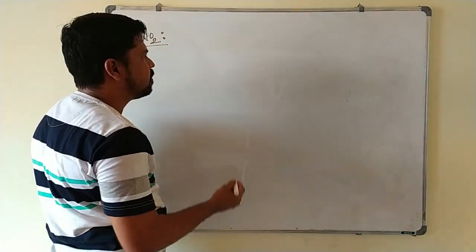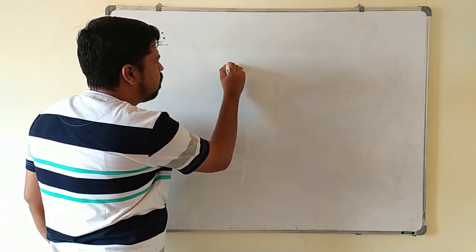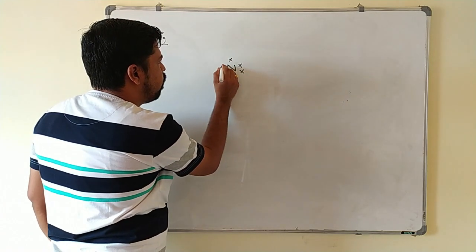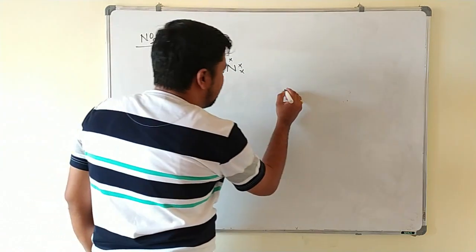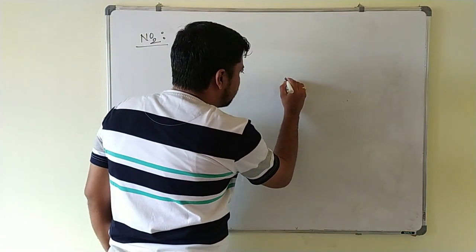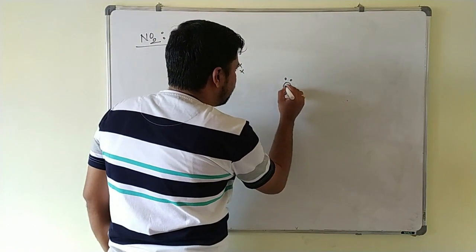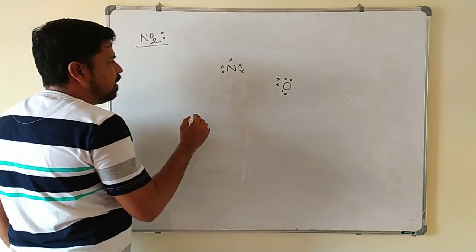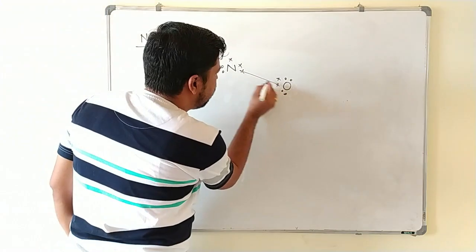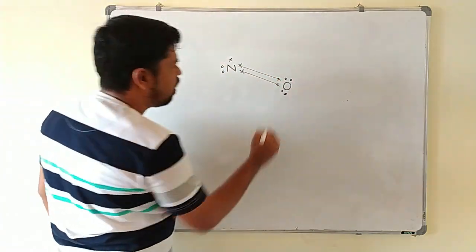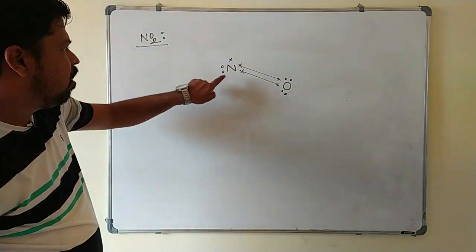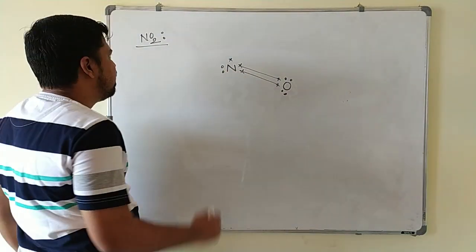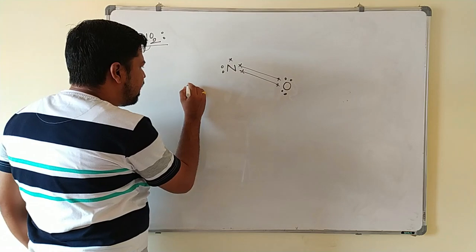NO2. First we will write the structure of NO. So this nitrogen having 3 unpaired electrons like this. One lone pair of electrons is there, and I will take another oxygen here. Oxygen is having 2 lone pairs of electrons and 2 unpaired electrons. Okay, so this is the structure of NO. Already we know that these two undergo mutual sharing of the electrons. On the nitrogen again the octet is not satisfied. NO2, another oxygen I will write here.